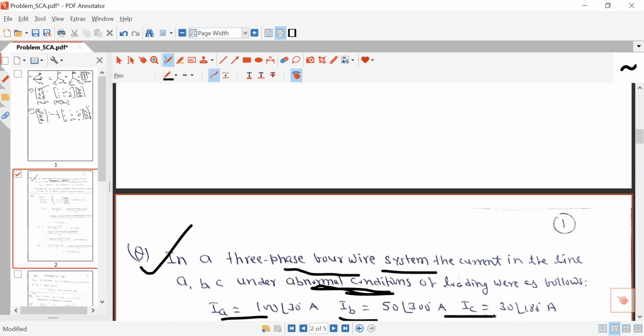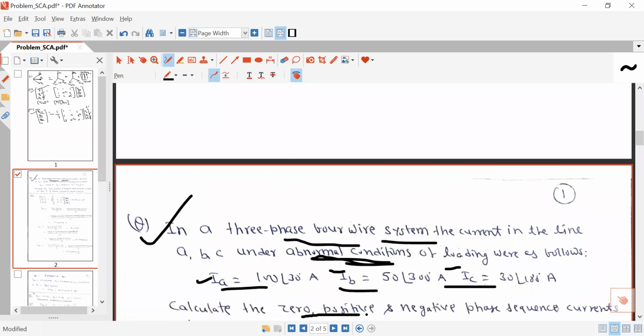You can see that these phasors are unbalanced because the magnitudes of the phase currents differ from each other, and also the angle between the phasors is not 120 degrees. So these three phase currents make an unbalanced phasor set, and according to symmetrical component analysis, you can resolve them into three sequence components: one positive, another negative, and the third a zero sequence component. Three unbalanced phasors are given here, and you have to determine their sequence components.